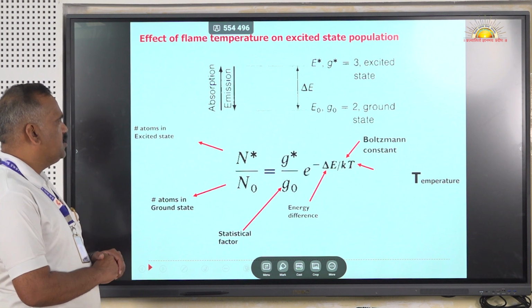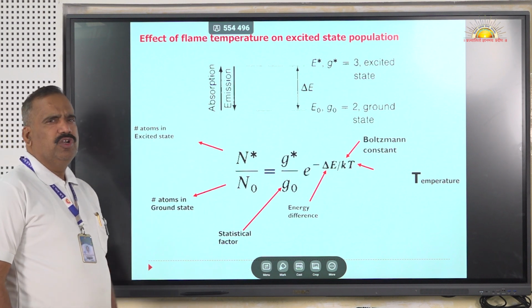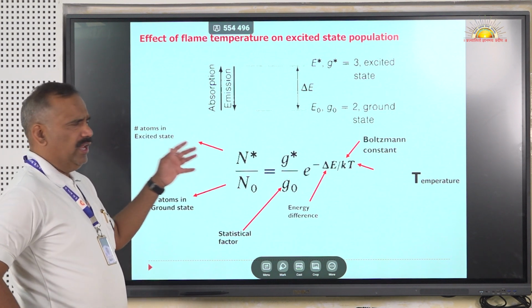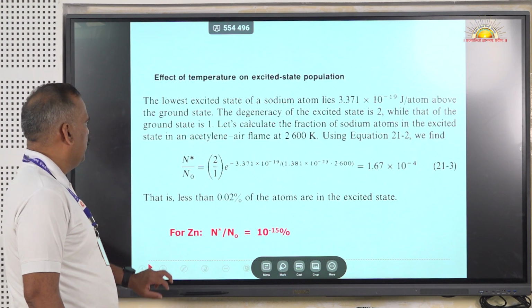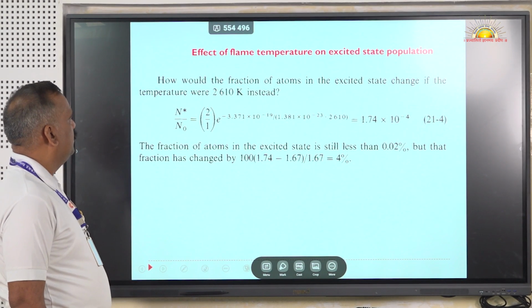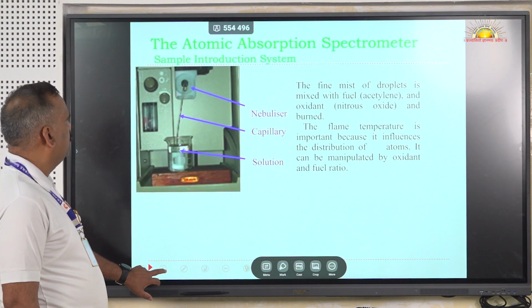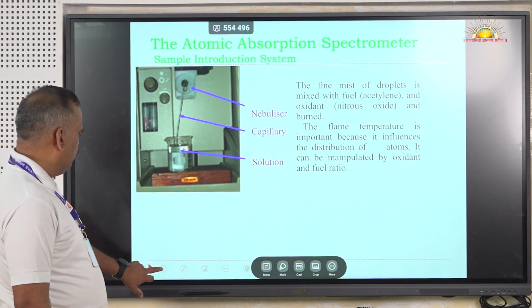Then the effect of temperature on the excited state population. Using this equation, the Boltzmann equation, with the Boltzmann constant, we can find out the excited state population. This is another form of it, and this is the sample introduction system of the atomic absorption